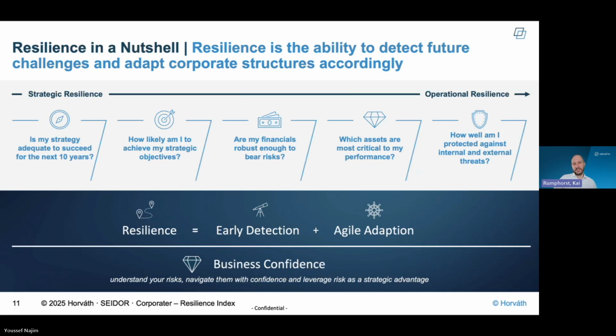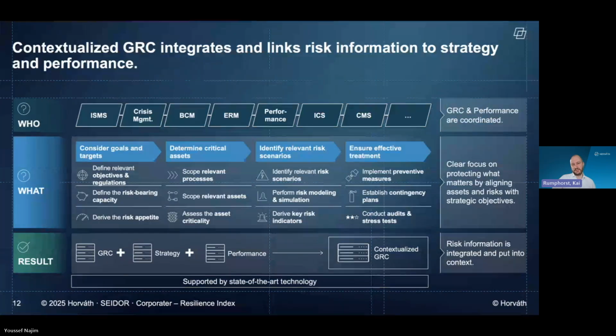To do all of that, I'll now show you, as the last slide from the framework concept, an overview of how it could look. On the top layer, you have the individual GRC functions. They are highly interconnected. They also work with performance and strategy. They consider the goals and targets set by your board and by the government, for example, and you identify, determine, and assess the assets and processes that are relevant.